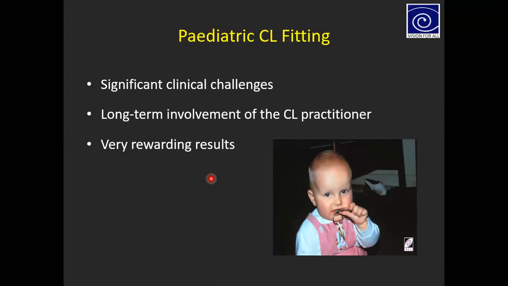Normally, it involves multiple collaborations. Meaning there would be an ophthalmologist involved if it is a pediatric cataract, and after the cataract there is aphakia and you are putting in a contact lens, or there is something else. Any children, especially the pediatric groups, very small babies, also have some other issues.